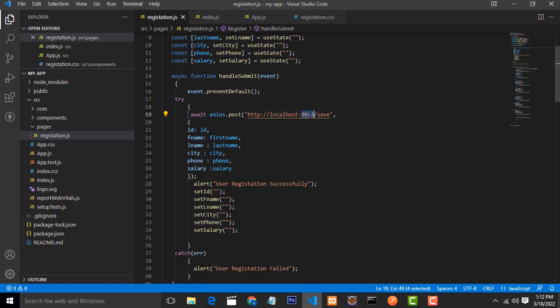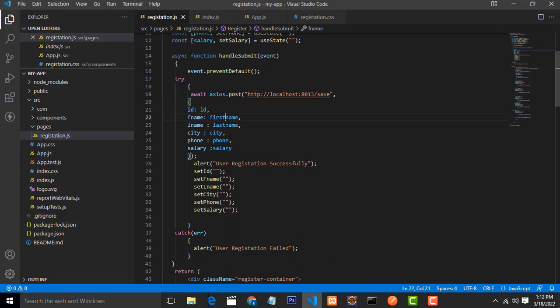I have given the port. I have changed some port. Whatever port you want, you can change it, and you can just save. When you click the button, all the data goes to this port and to this save method. So you have set it like this, right? After the record is registered successfully,